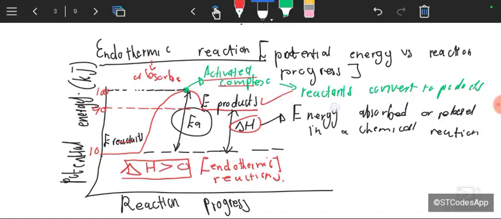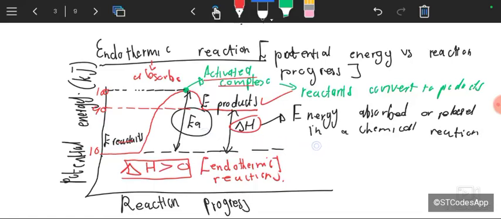Once you form products in a reaction, it means a reaction is taking place. In this particular case, you are still absorbing energy, because in an endothermic reaction, remember endo, we take in, we absorb. So you are still absorbing energy to get the minimum energy that was required for you to be able to react. If they ask you what the activation energy formula is,